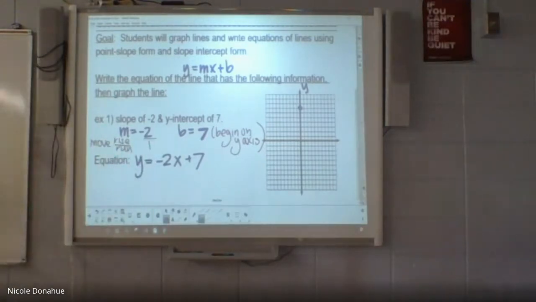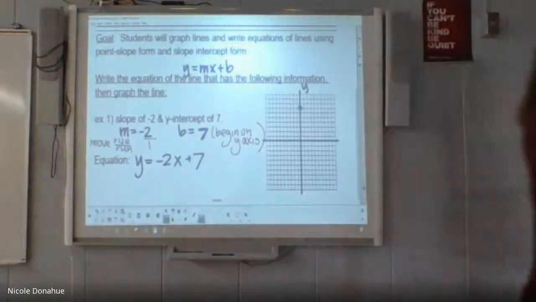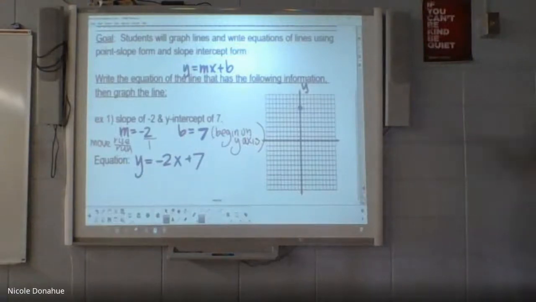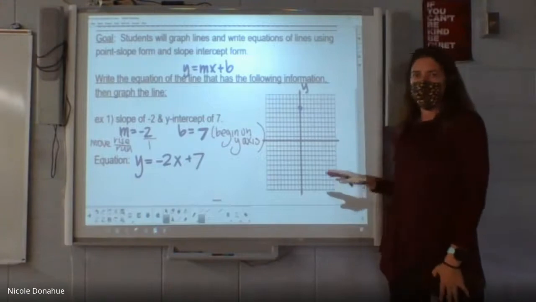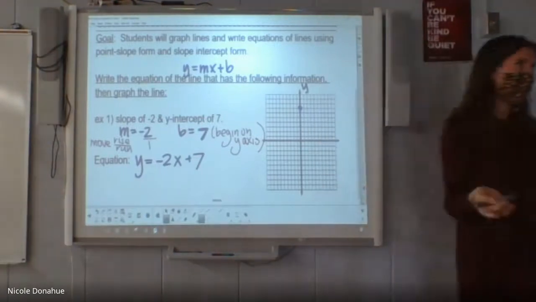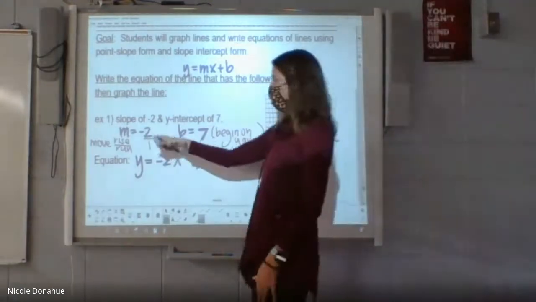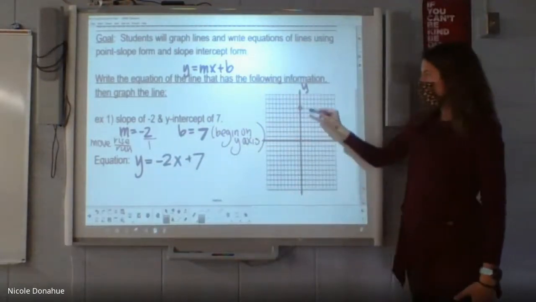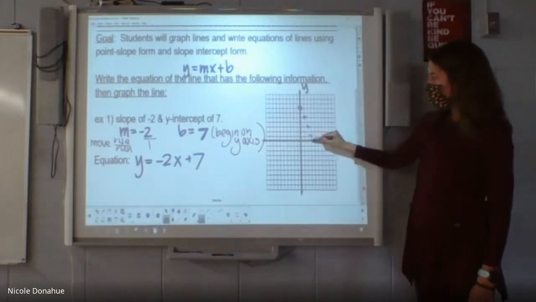But we also want to be thinking about slope. A negative slope is going to be going downhill, so this should be a downhill slope. From this point, I should be headed downhill, so that I'm not going the wrong direction. It's important that it's downhill versus uphill. So -2 over 1. So I'm going to go down 2 and over 1, down 2 and over 1.